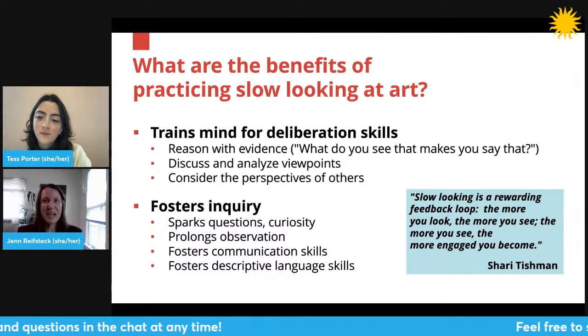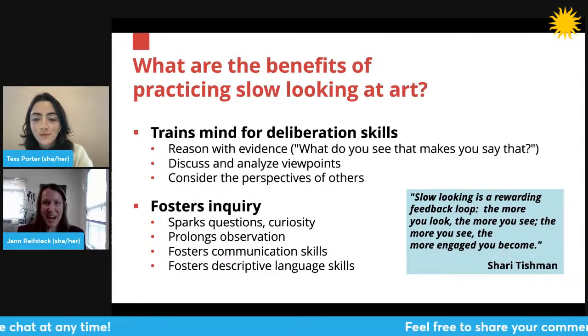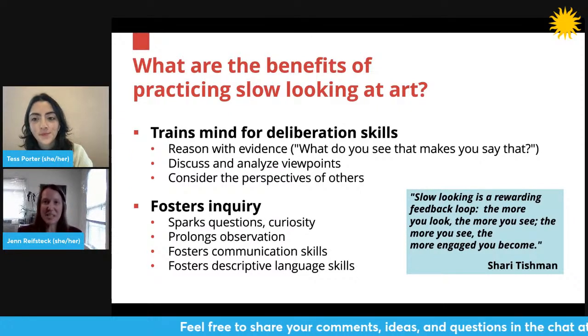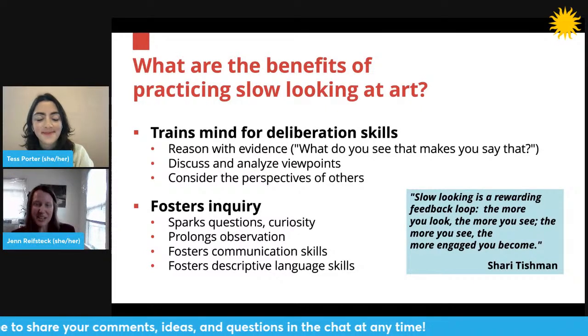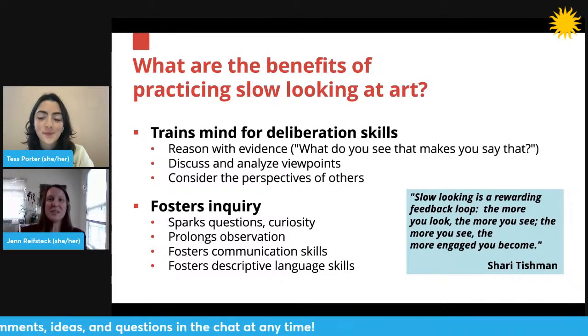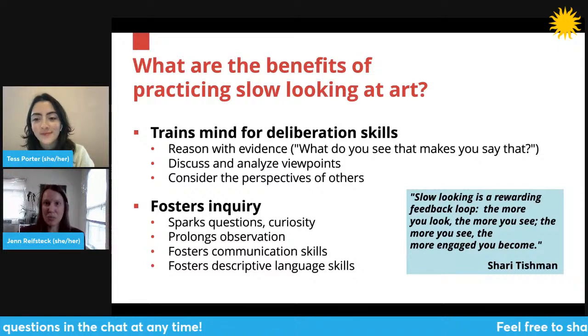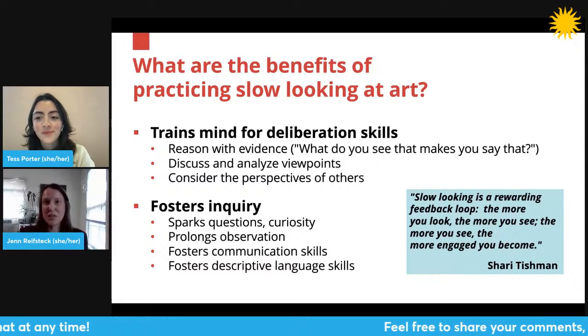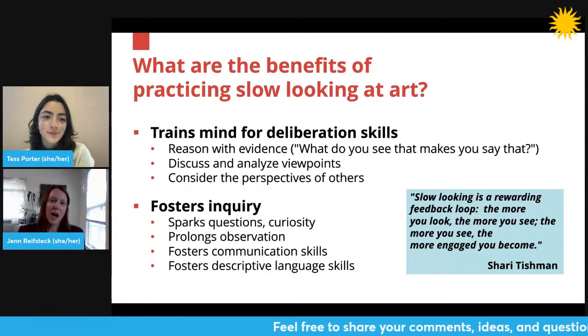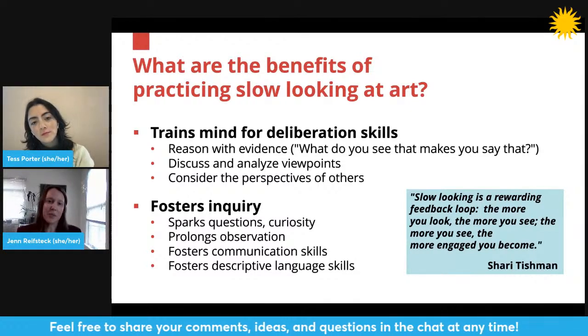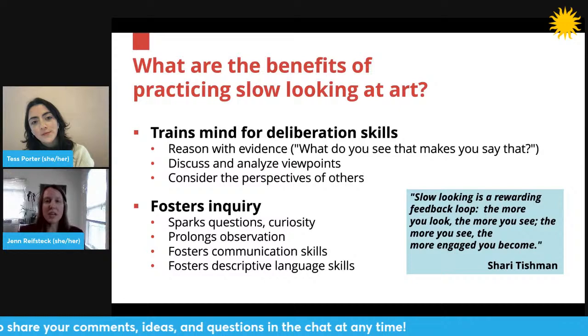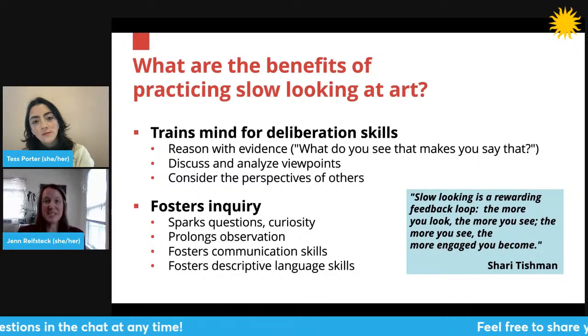And we definitely witnessed that in our practice today, where we were sharing our observations of what we were seeing, and we were like, you saw that. I want to go back to the work of art and then look again. So it's this rewarding feedback loop where you want to keep learning more. You keep growing your sense of curiosity. And we also noticed today that this practice can really train your mind for making observations, making inferences,